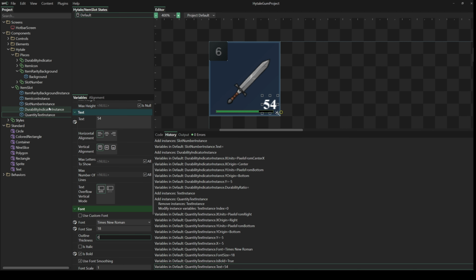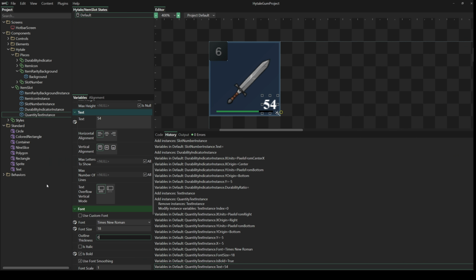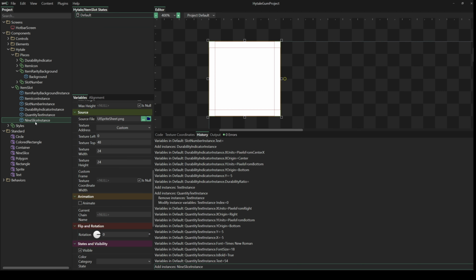The last piece that we need to add is the highlight. Going back to that source material, we can see that the highlight is just outside of the slot. It's not inside the slot, and it's this kind of yellowish color. Because this is a border icon or image or sprite, we're going to want to add a 9-slice, not a sprite. So I'm going to pull the 9-slice up. Going to call this one highlight